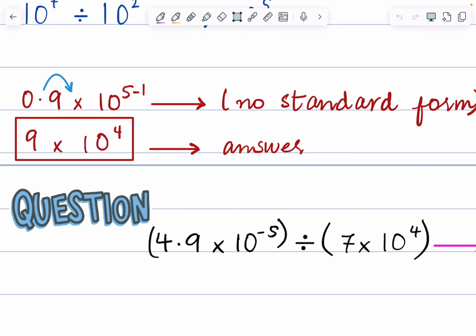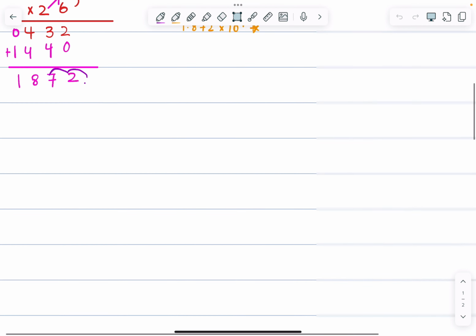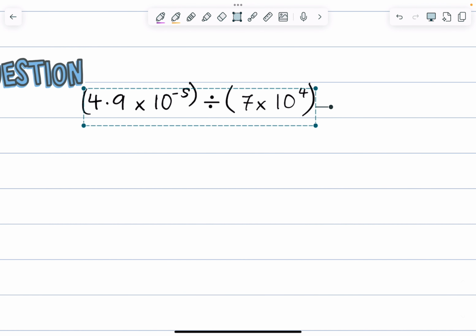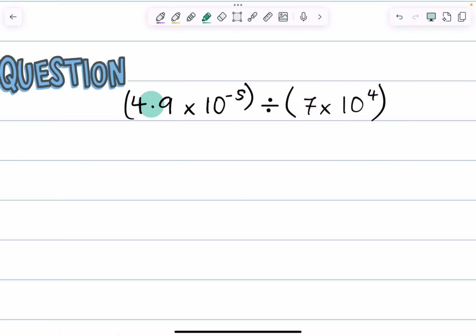Okay, let's try this again. We'll do this one together because it seems a little scary. So we'll do it together and we'll probably have no problem once we're done with one question. Okay? Okay, have a look. It is 4.9 divided by 7, right? Once again, I'm going to write it as a fraction. It's a decimal. I don't want to deal with decimals. So I will multiply with 10 on the top and the bottom.